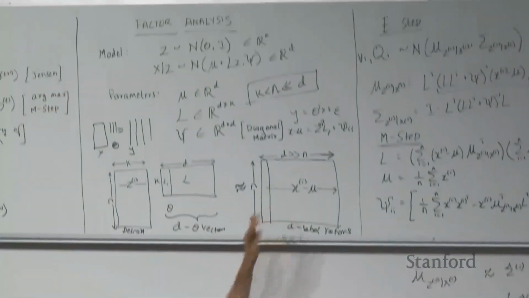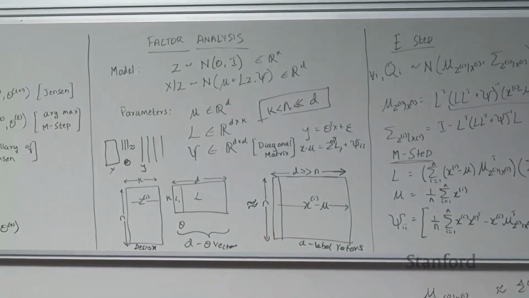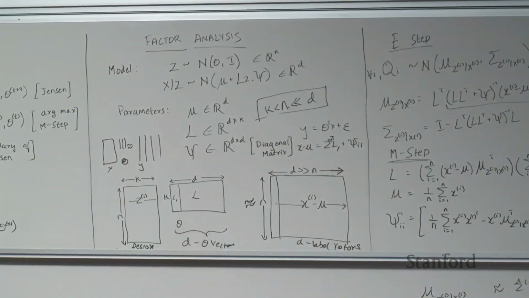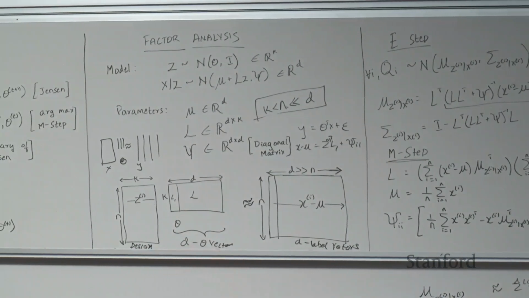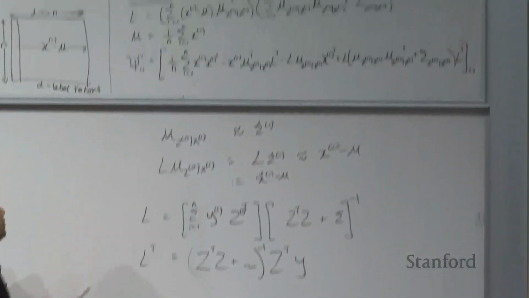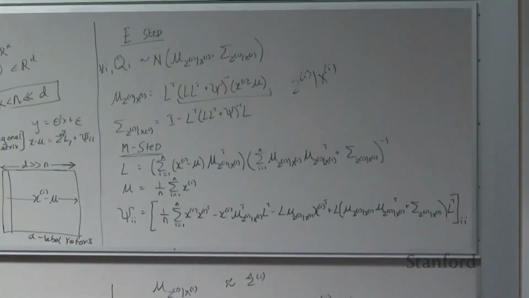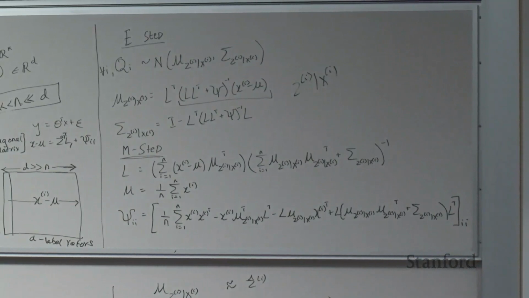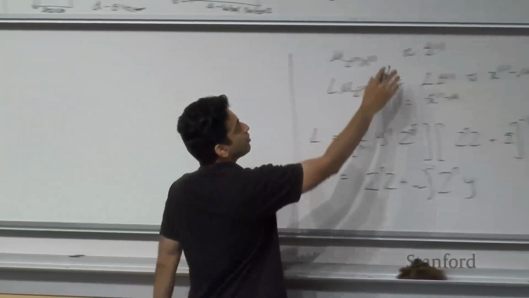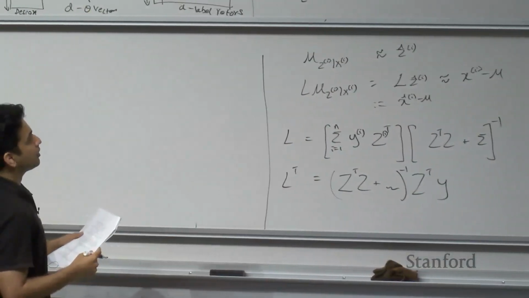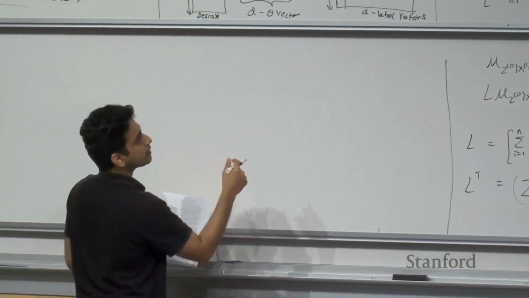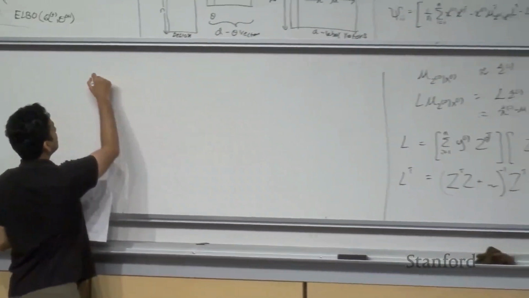We have x's that are given to us, and using those best guesses for z, we update our L, and for that we are just solving d different linear regressions in parallel. Right? So that's L. Now, what about psi? Psi is also this scary looking expression, and we're going to use the same terminologies in there as well. So what we end up getting there is something like, you can